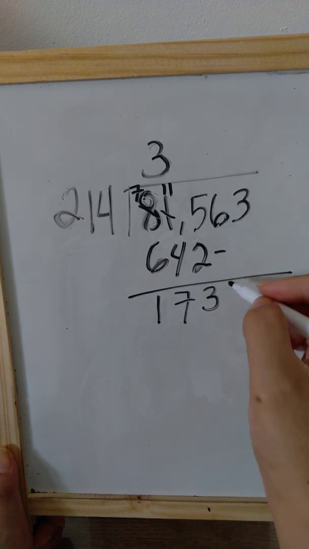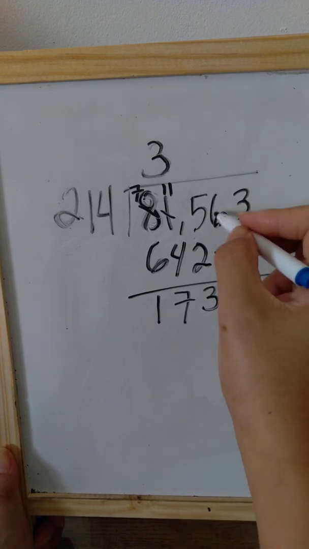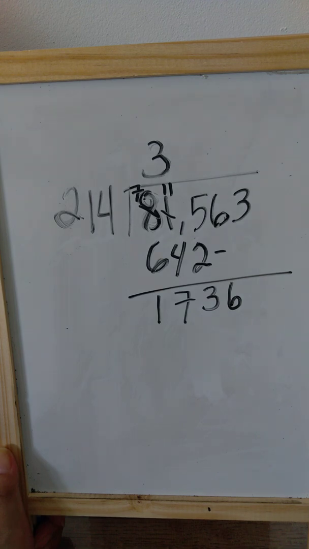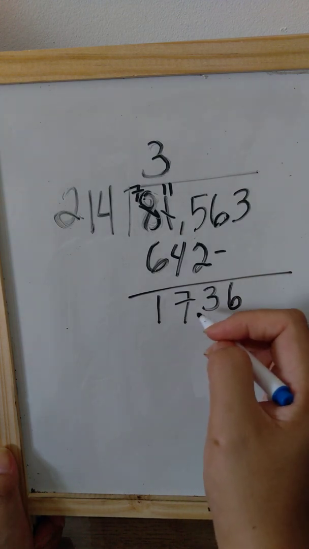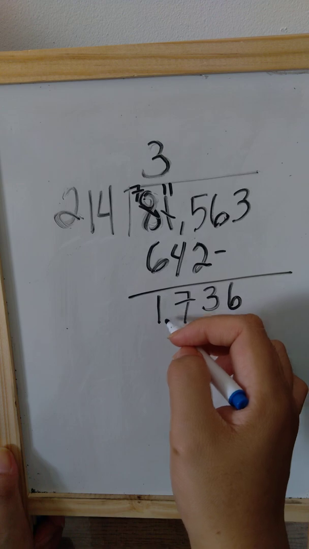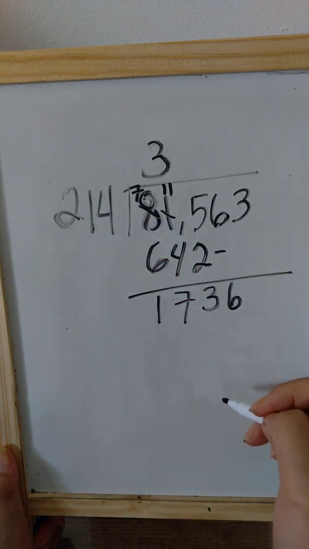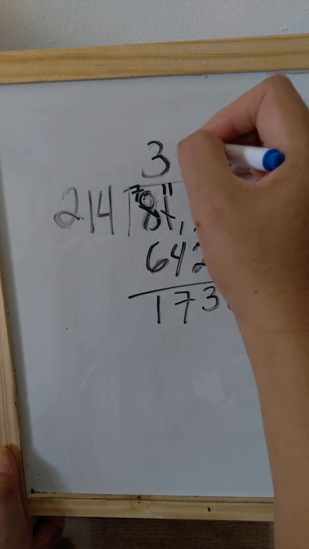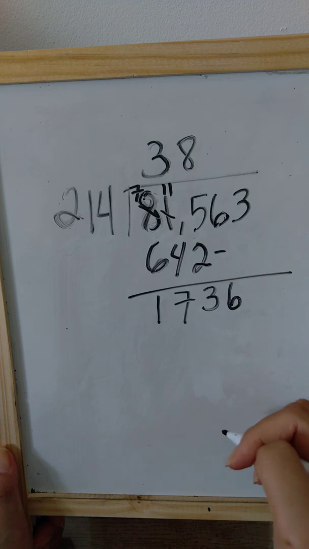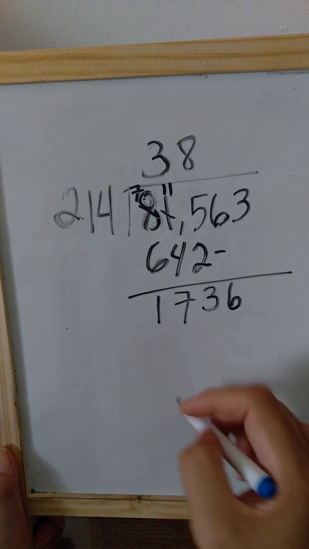Now let's bring down 6. Okay, so let's bring down 6 here. 1,736. Now we can divide 1,736 divided by 214. The answer is 8. Okay, so 8. 8 times 214 is equals to